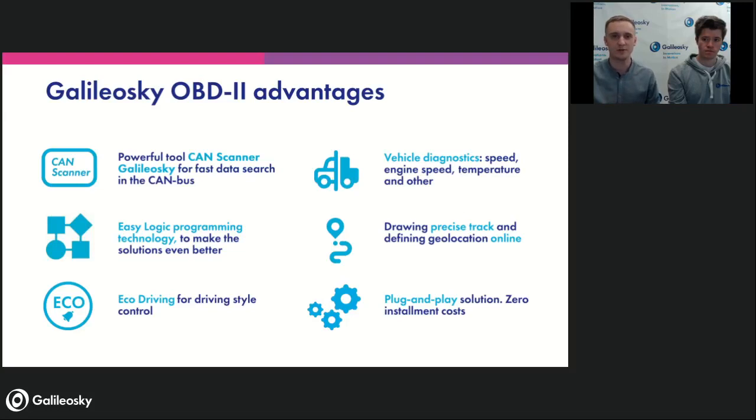I will then transfer my speech to Andrew, who will show you in the real case how you can use CAN scanner and what could be the following implementation of it. So with CAN scanner, you can also make some diagnosis of the vehicle. So you can check speed, engine speed, temperature, and get other parameters from the OBD-II port, which is actually dedicated